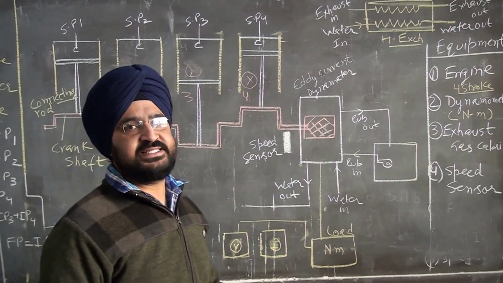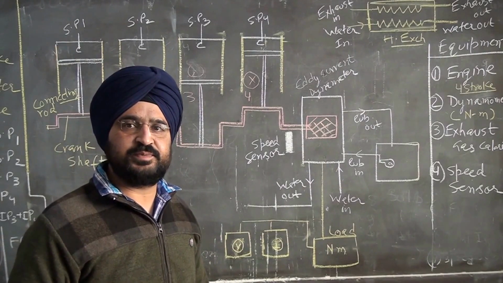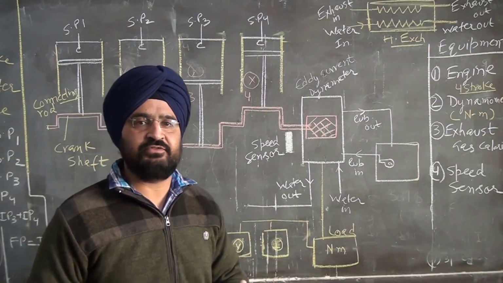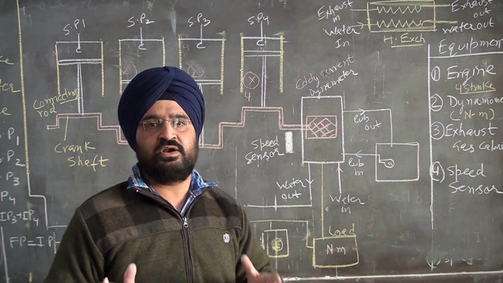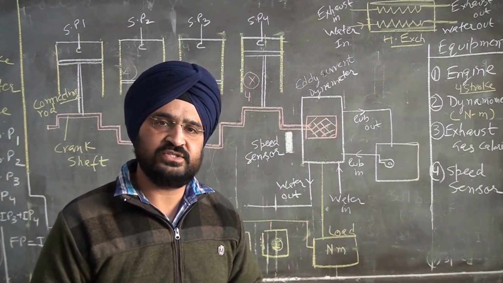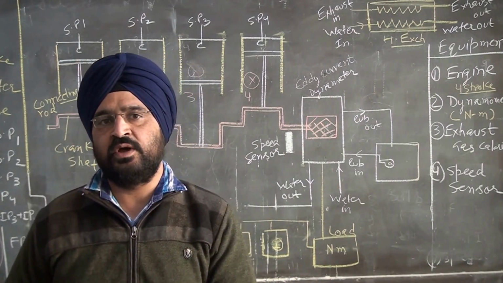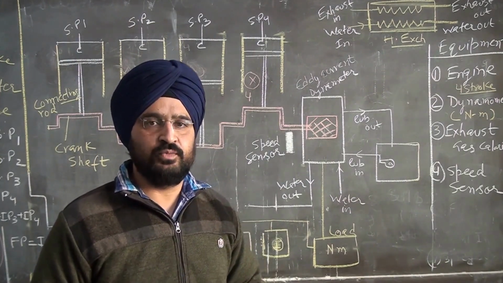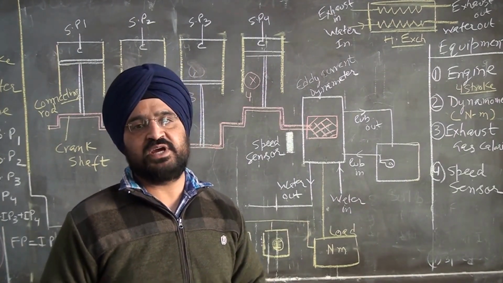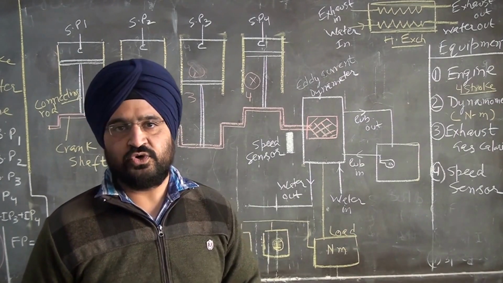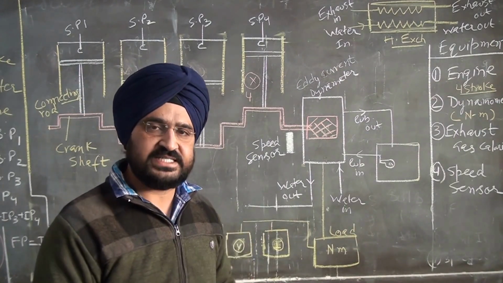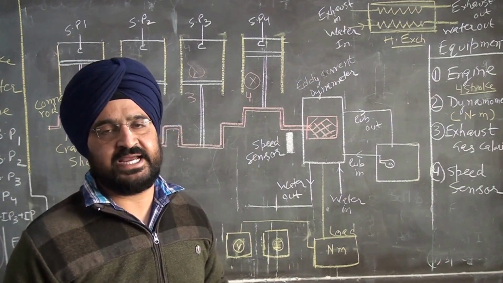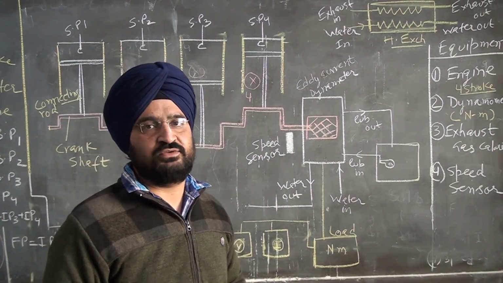The exhaust gas calorimeter is not directly used in this experiment, but only to recover heat. For other experiments it may be used. Since we have a versatile common test rig on which we are able to measure the performance of the petrol engine, as well as the mechanical efficiency and the frictional power by using a Morse test, the two experiments can be conducted on the same test rig. We are only going to conduct the first test, the Morse test, on this test rig. Later on we will cover the second test, the performance of the petrol engine.